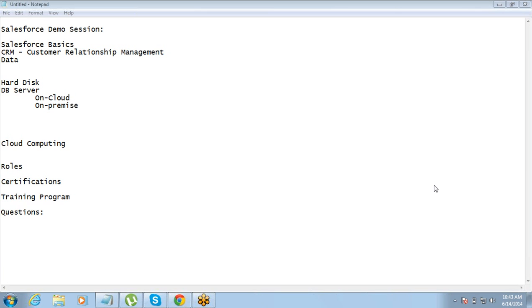So as Mihir said, it's a server. Okay. No, it is not a server. So that concept is wrong. A lot of us actually feel that cloud computing is a server or cloud computing is a technology. Some of them start feeling that cloud computing and Salesforce are the same thing. So let me just nullify all these myths we have. Let us understand cloud computing.